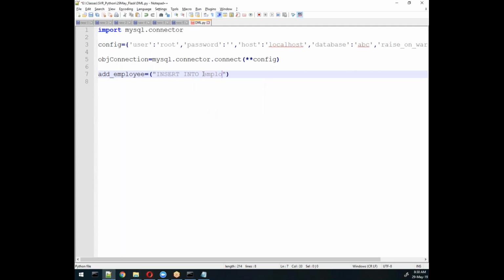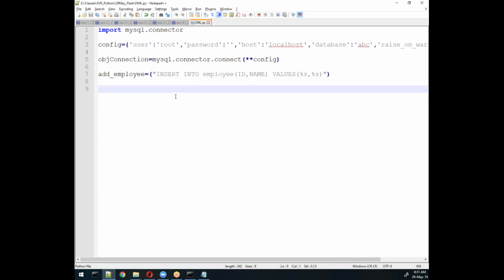You can use any letter here, capital or small. I'll use ID and name, the two values I have in the table we created, and then we will specify the values. So VALUES in brackets %s, %s. Okay, this is the thing we did.